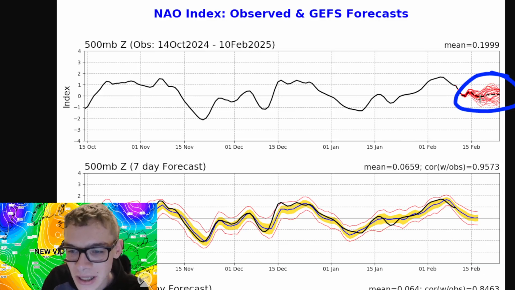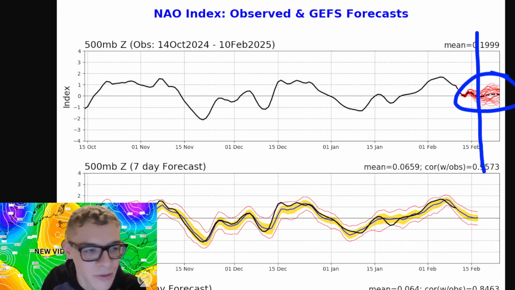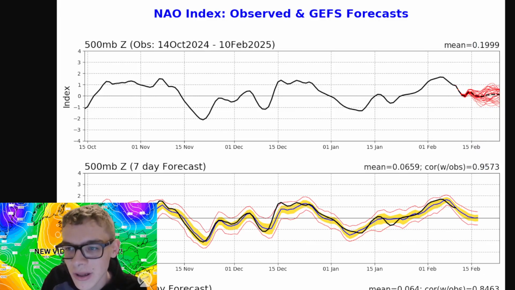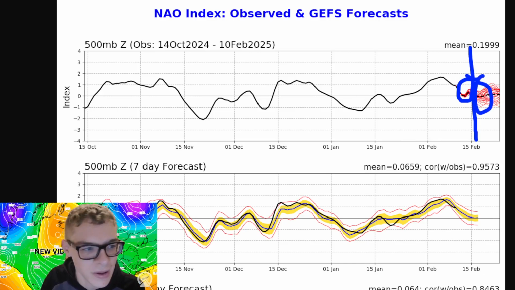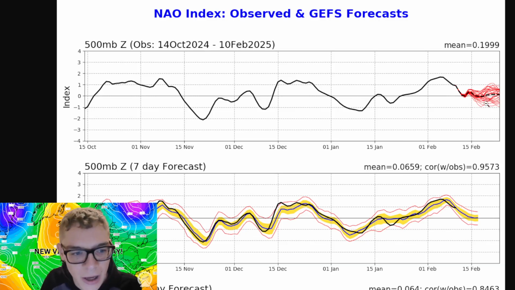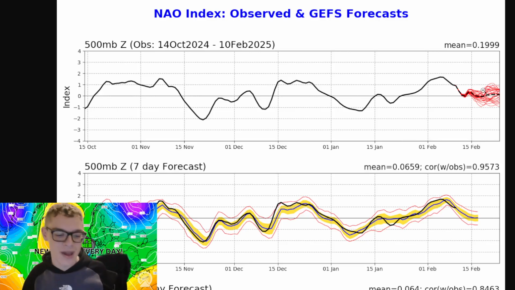This one is very close, as you can see. From about the 16th of Feb, the scatter begins as well. It does start out slightly positive at the moment. By the 15th of Feb, the runs start to diverge in the solutions. By the 16th, 17th, it could be a little bit below, not too much, but it could be above. That is what's going to dictate whether we see blocking to the north or whether we see a flat westerly.